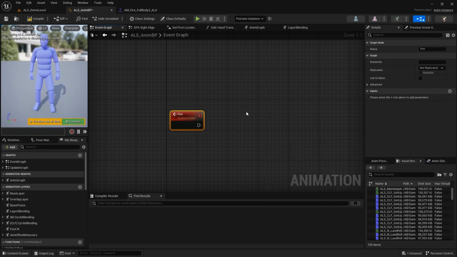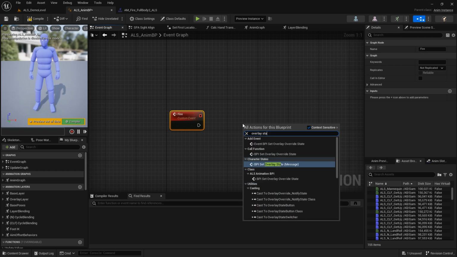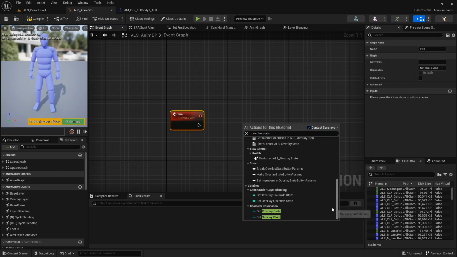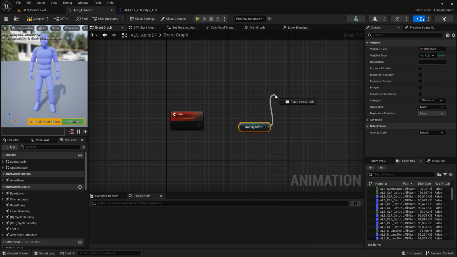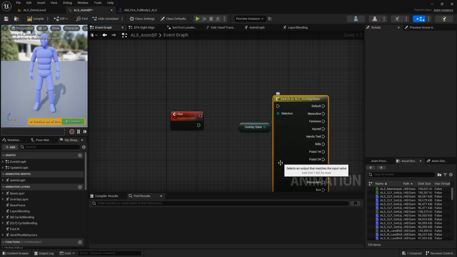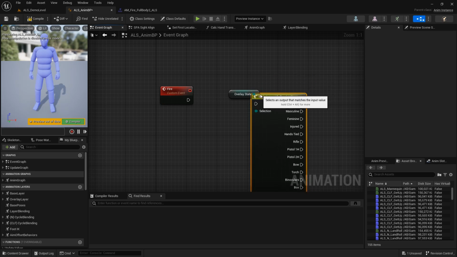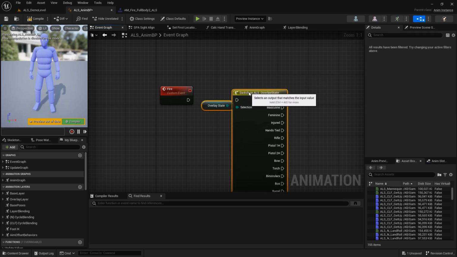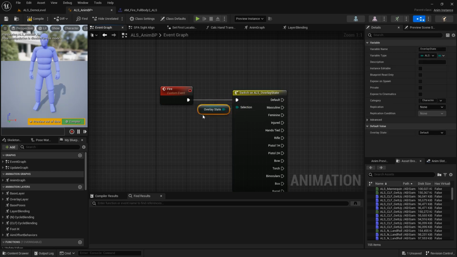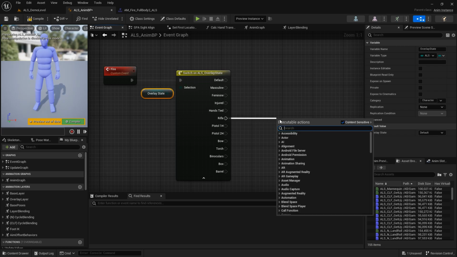So I'm going to get the overlay state, and I'm going to run a switch on it. Switch on overlay state. And only when I have the rifle in my hand,